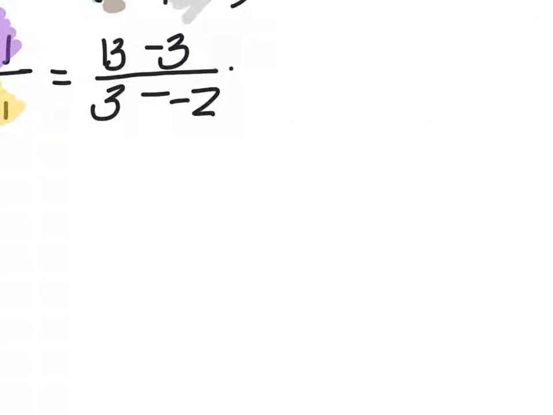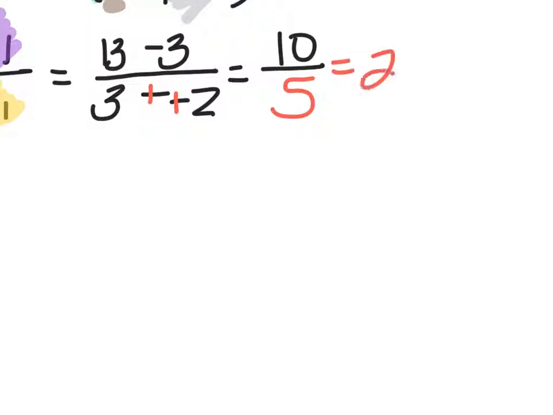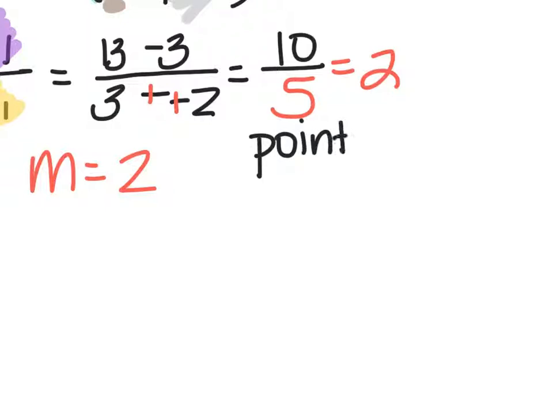So to find my slope, I'm just going to work out the problem. So 13 minus 3 on top gives me 10. Whenever I have this minus negative, that's the same thing as saying plus a positive. 3 plus 2 is 5, and 10 divided by 5 is 2. So I have now learned that my slope is 2. So to put this in point slope form, because that's what it asked for,